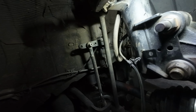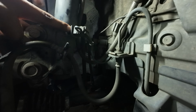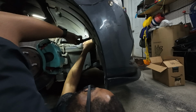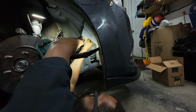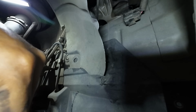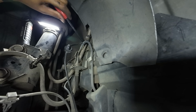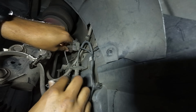Do keep in mind that this harness does come up, connects on the back, and then wraps around the strut to mount on the opposite side. Typically for this one, I just kind of do a little squeeze and pull type deal. If you have your inner fender liner in, you got to take it out if you want to get it from the bottom. I think it's easier to get it from the bottom, and just like that. So you may need to just pop out the little clips and just move the inner fender liner out the way. Alright, just like that. Pop that out. And then we can now take this entire harness out,